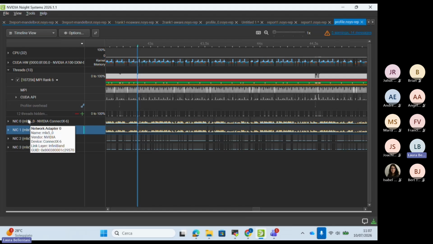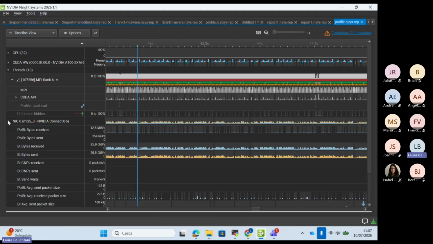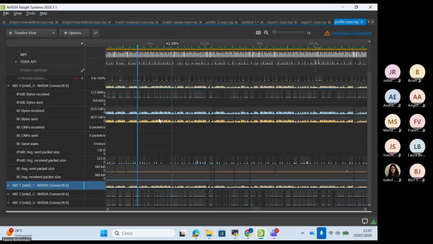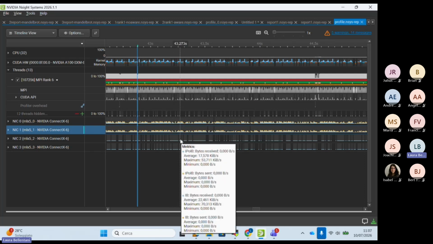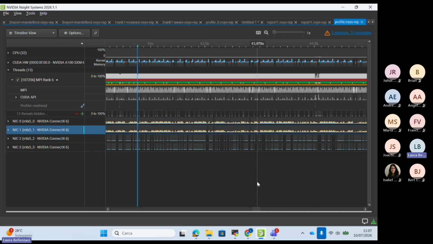If we open the NIC, in particular, you can also see the throughput of the bytes received and the bytes sent. The first 2 NICs were working at full regime, but the other 2 were basically silent. They had a very small throughput, so the default setup was not appropriate in this case.